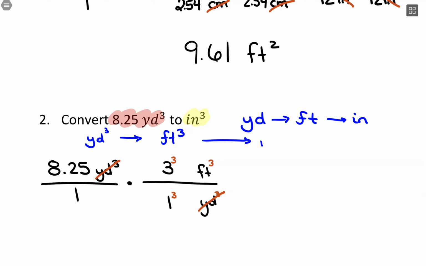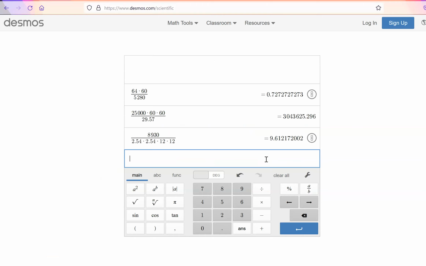But then I want to convert to inches cubed. So to do that, I want to keep inches, cancel feet. There's 12 inches in 1 foot, and then I just need to put an exponent of 3 on absolutely everything in there. And with that, the cubic feet will cancel out, and then I'll be left over with inches cubed, which is perfect. So, plugging this into the calculator, it's all in the numerator there, but we'll have